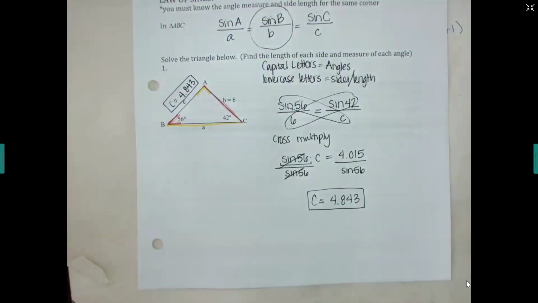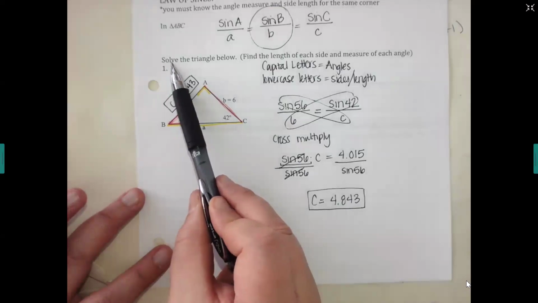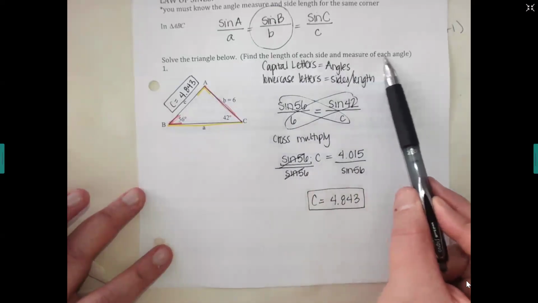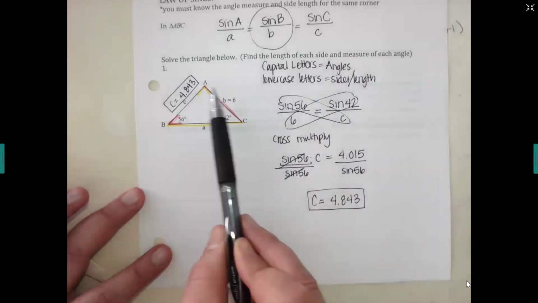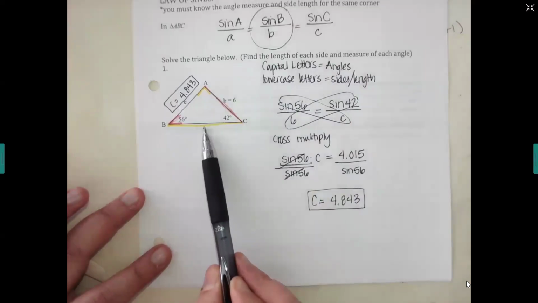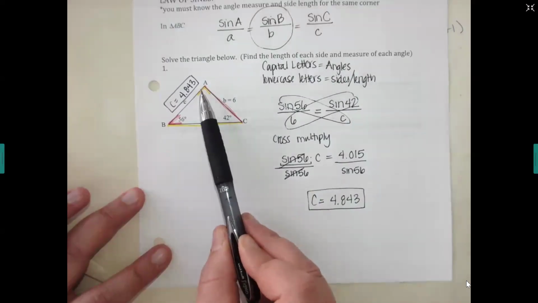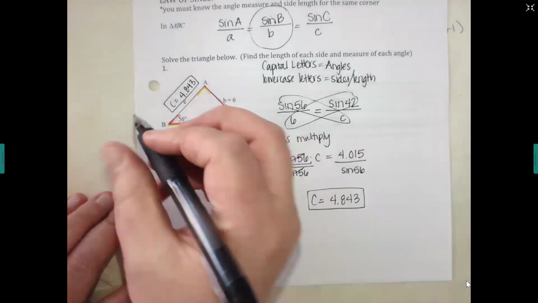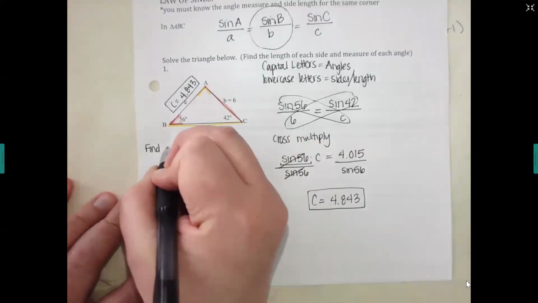Okay. Now you will have completely solved a triangle when you have found all the sides and all the angles. So if you look at your instructions right here, it says solve the triangle below. That means find the length of all the sides and the measures of all the angles. So right now I have 2 sides, but I'm missing the third one. And I have 2 angles, but I'm missing the third one. You should know that in a triangle, all the angles have to add up to a special number. What number is it? 180. Very good. So if I want to find this last angle A,